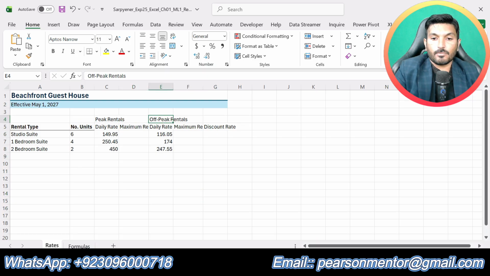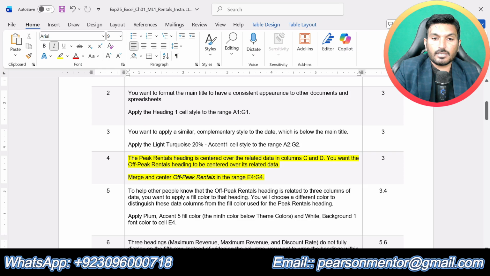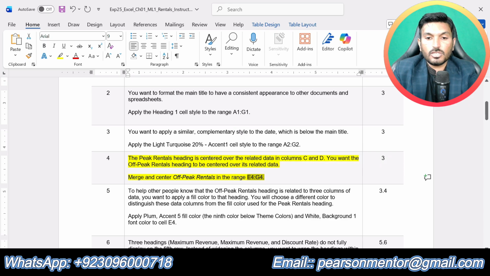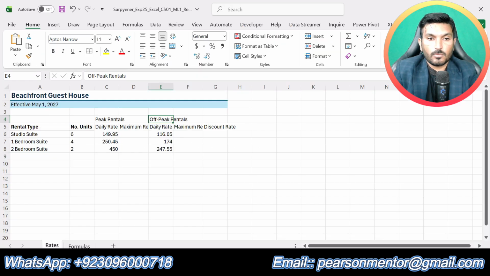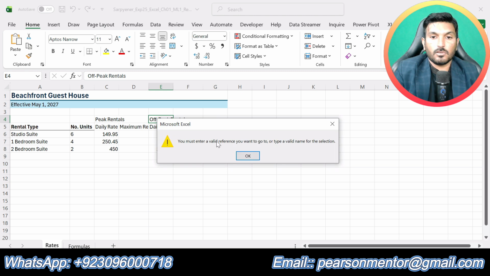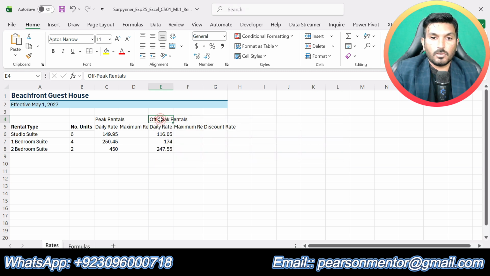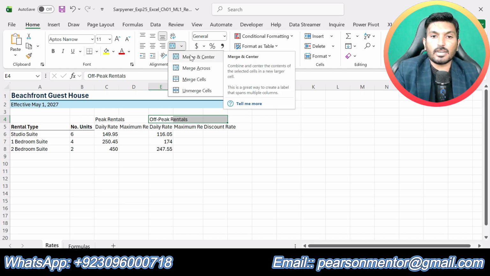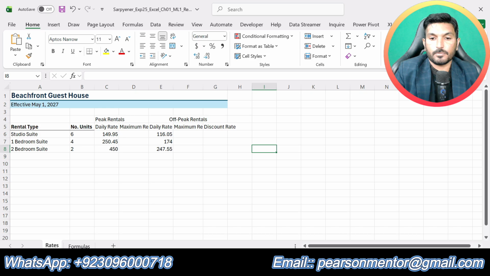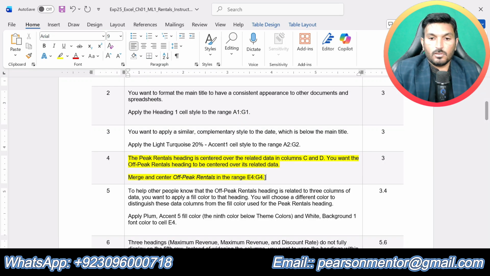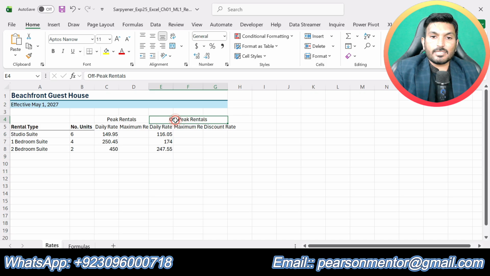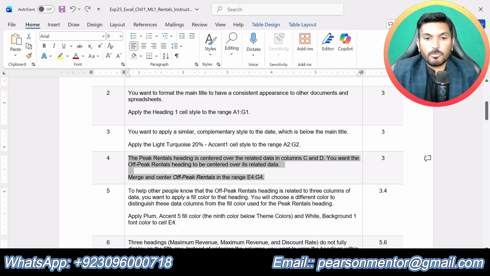We are supposed to select Merge and Center for Off-Peak Rental in E4 up to G4. Go to the Home tab and from here select Merge and Center. So I have merged and centered this. That is all about step number 4.